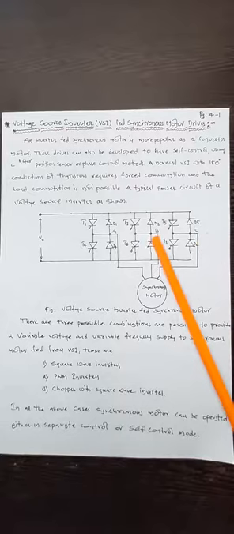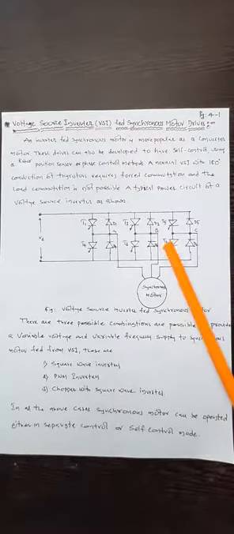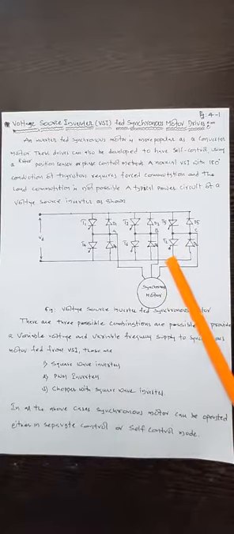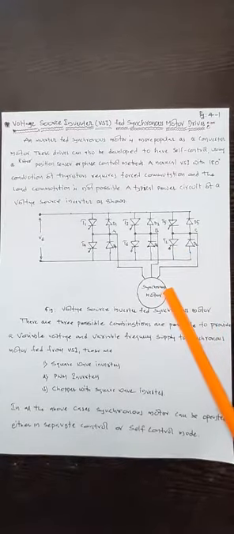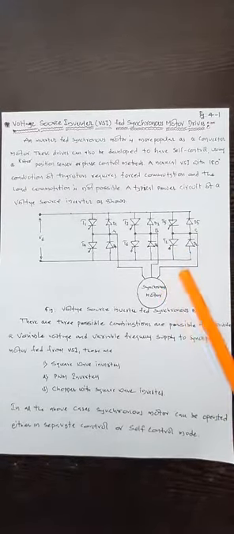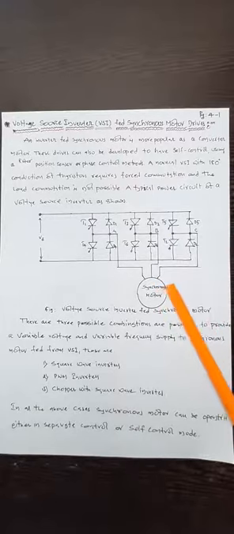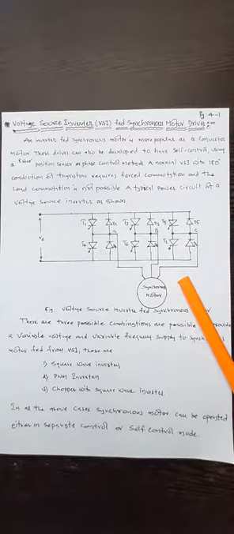Now the operating strategies. Why are you going for this scheme? We need to have a variable frequency and variable voltage. These two you get with the help of this scheme, so that the speed control below rated speeds as well as above rated speeds is easily obtained with the V by F control method.